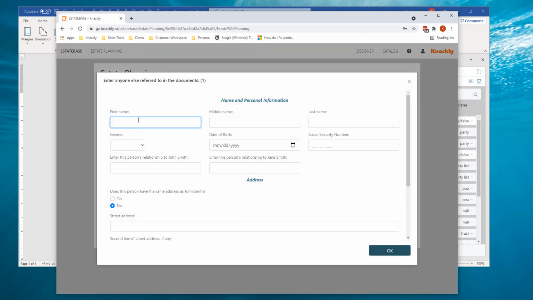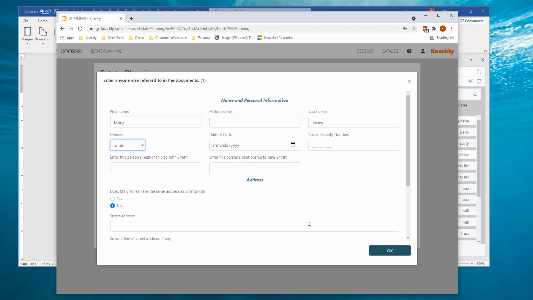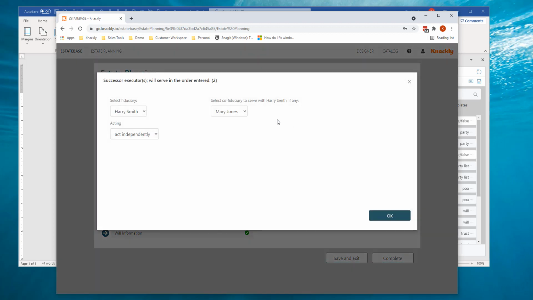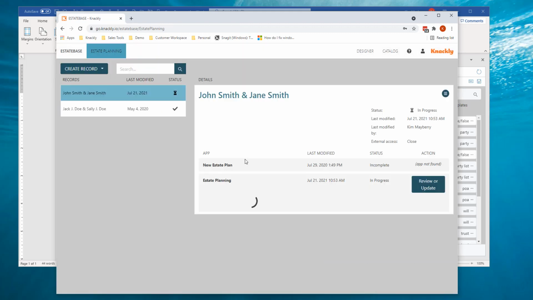Mary Jones, and I'm not going to get into everything here, but you would want everything to be filled out. And if I go back under will, now I've got Mary Jones as an option. So they can act however you want them to act, or I can uncheck it and bring it back in. That gives you an idea of how it's set up and how it's used when you're actually filling it out. If I click complete,